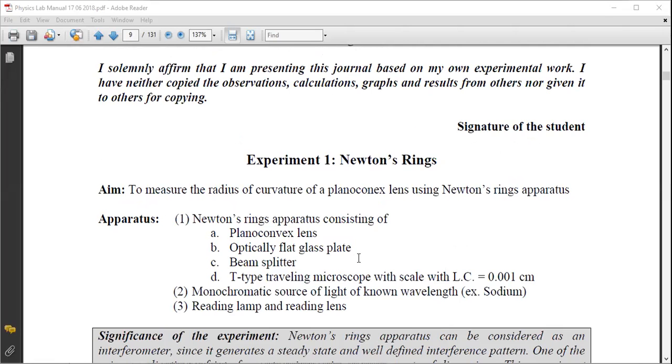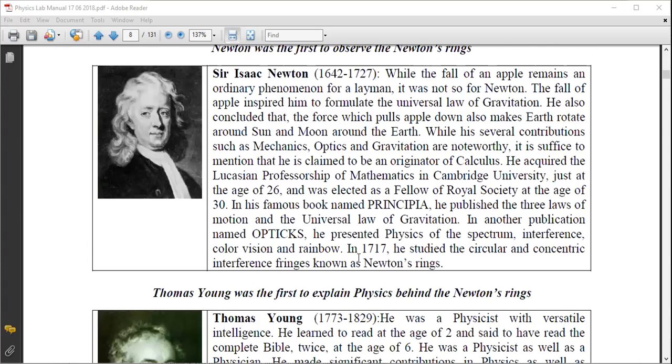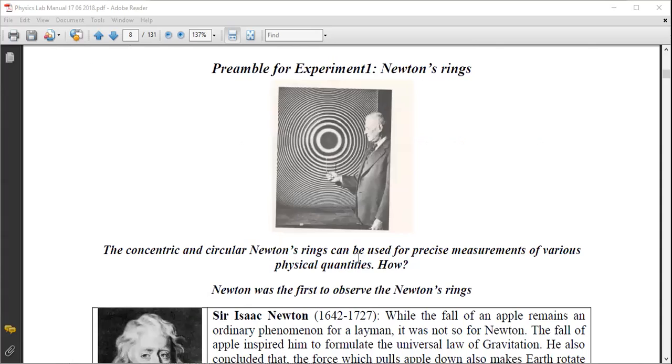Okay. So today we are going to discuss the experiment called Newton's ring. Before we jump into this experiment and learn more about it, let us see some history of this experiment. So this experiment was first observed by Newton. That is why it is named after him. And in the figure you can observe, I hope everyone can see my screen, my PDF, and also are able to hear me properly.